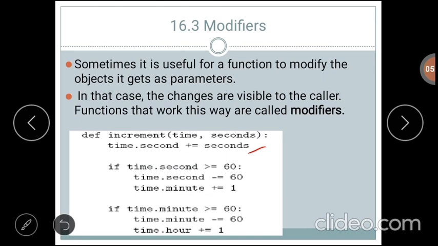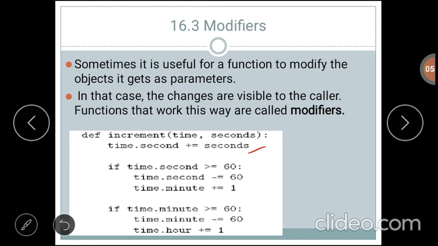There is a chance that t.second is exceeding 60, so we will increment the minute counter till t.second becomes less than 60. Similarly, till t.minute becomes less than 60, we will decrement the minute counter.